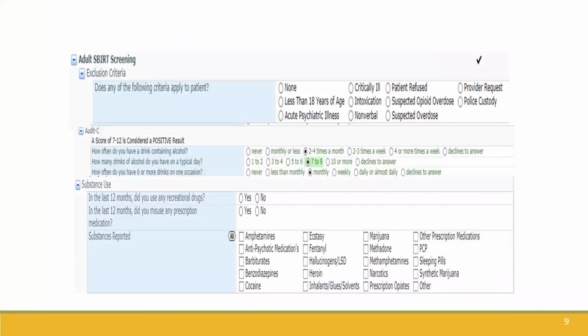Here you see a screenshot of the screening tool used by nursing, which begins with the exclusion criteria. Some criteria, if met, will not lead the patient to participate in the screening. There are other criteria, if met, that will lead the patient to be considered a positive screen. For example, if a patient is under the age of 18, nonverbal, or critically ill, they will not participate in